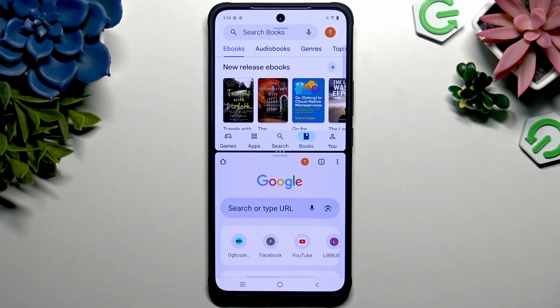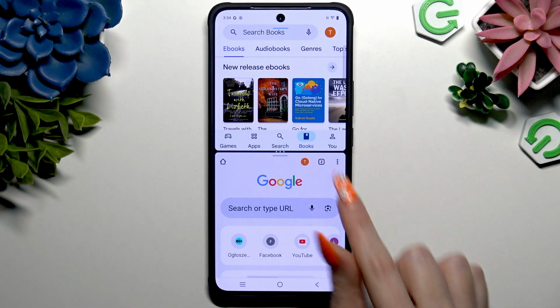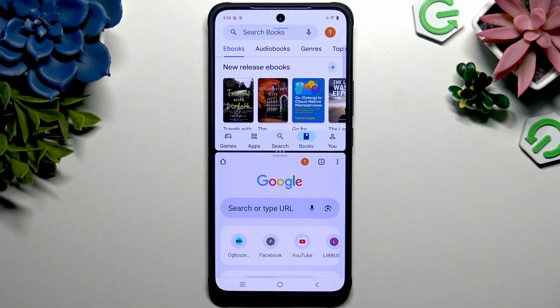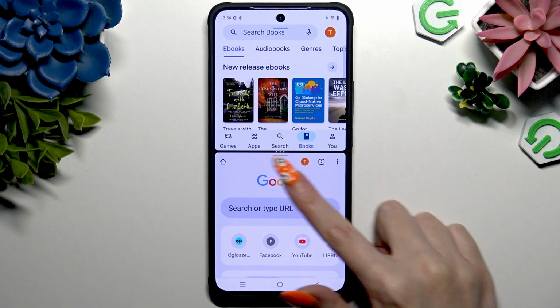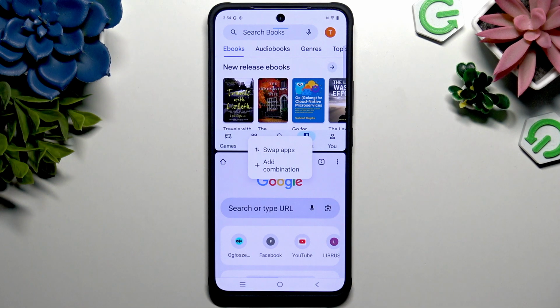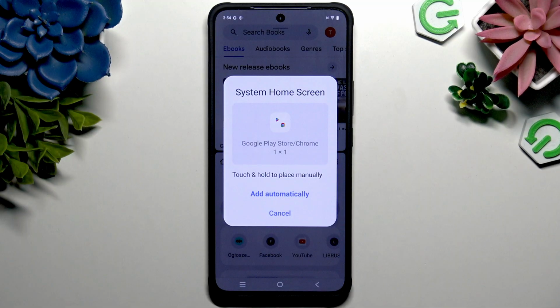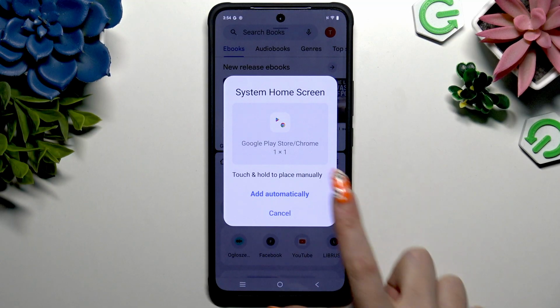Last but not least, my favorite feature. If you are using two apps combination, like for example Play Store and Chrome, a lot, you can always click on the same three dots and tap on Add Combination here. Then choose Add Automatically,